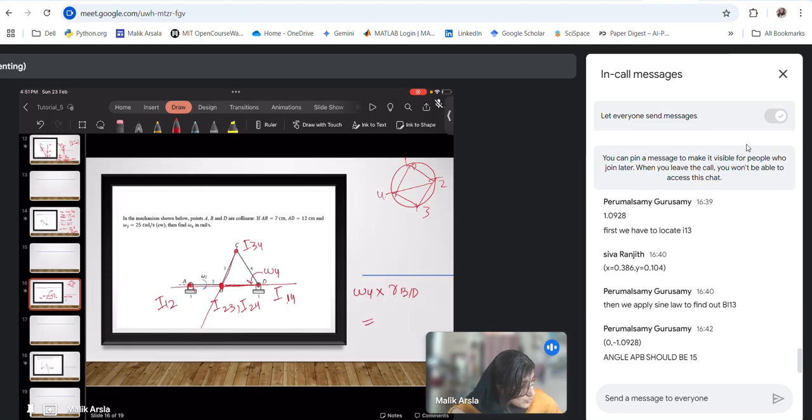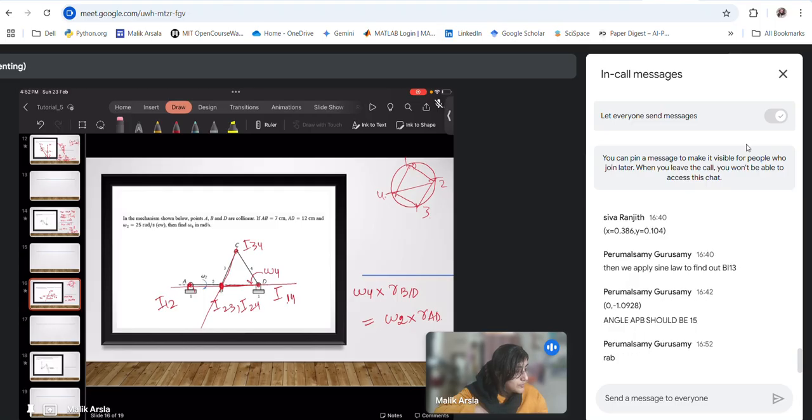It should be equal to omega 2 cross rab. Omega 4 rbd. Okay, sorry,